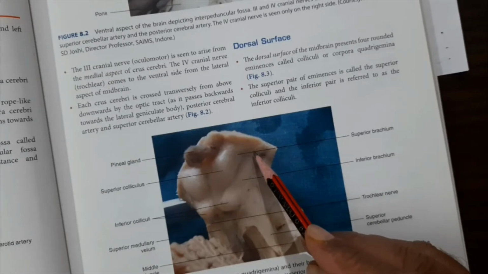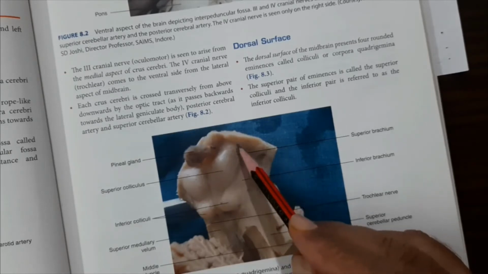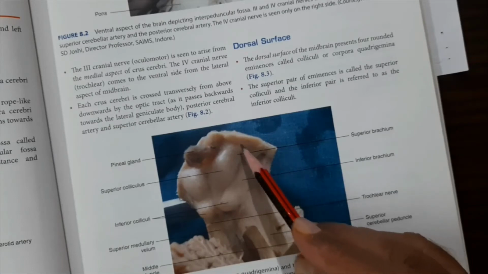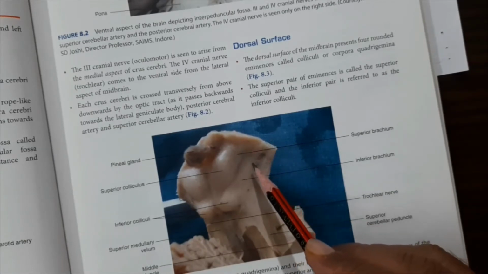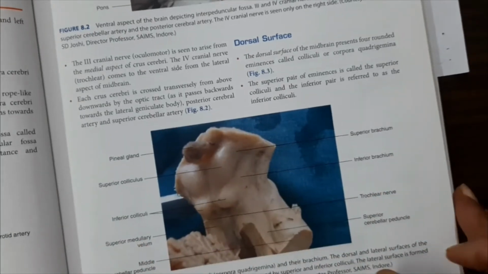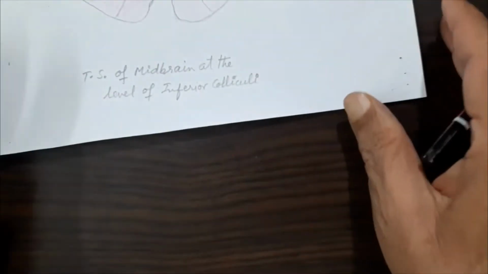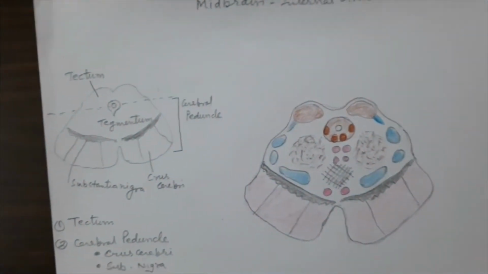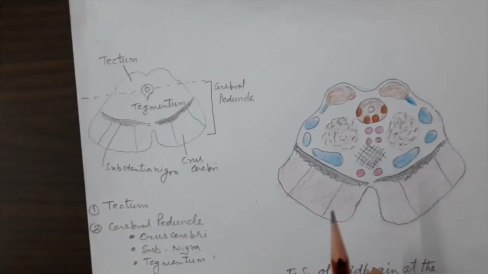Okay, medial. Now part of these are cut here, so I cannot show you the superior, medial geniculate and that of the lateral geniculate body. Okay, lateral geniculate body. Now this is a very brief review of the external features of the midbrain. So this will help you to understand the internal structure also.